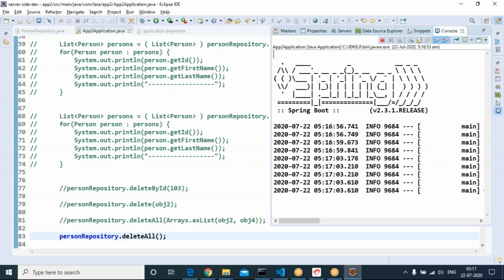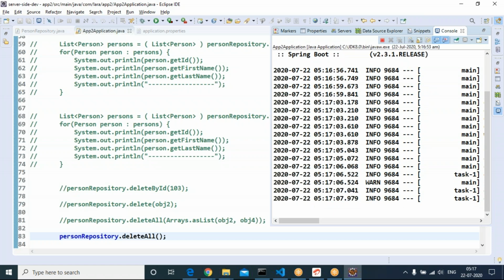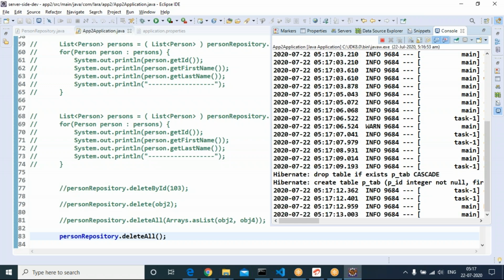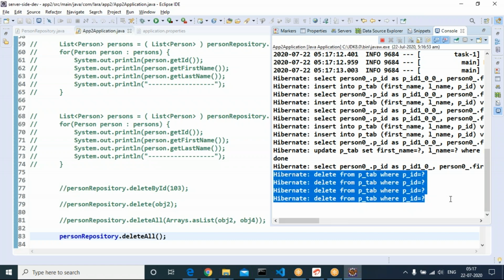We are trying to delete every record from the specified table. You can see, first it is triggering a select command to check whether at least one record is there or not. If at least one record is there, then it deletes all.